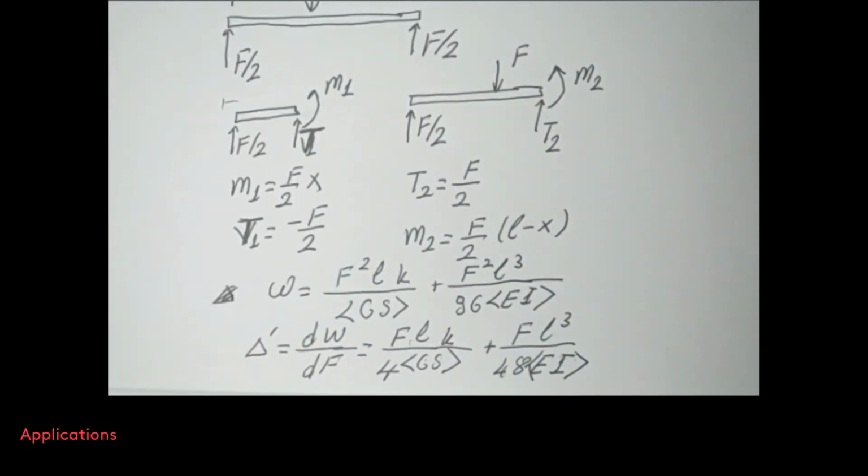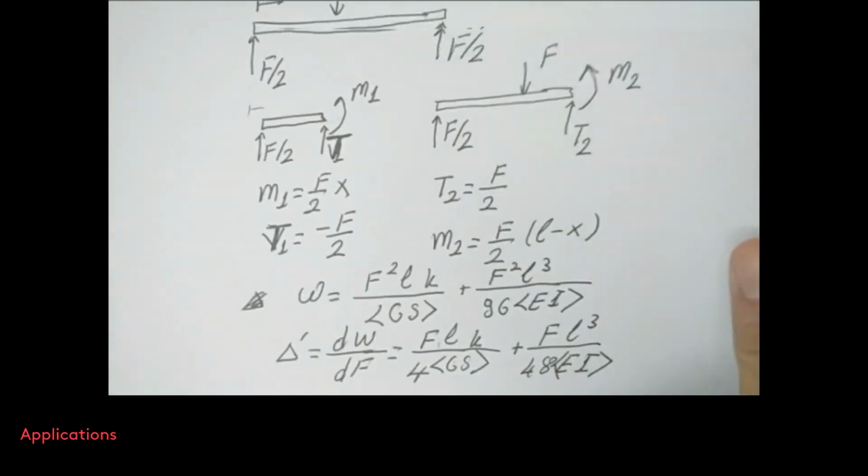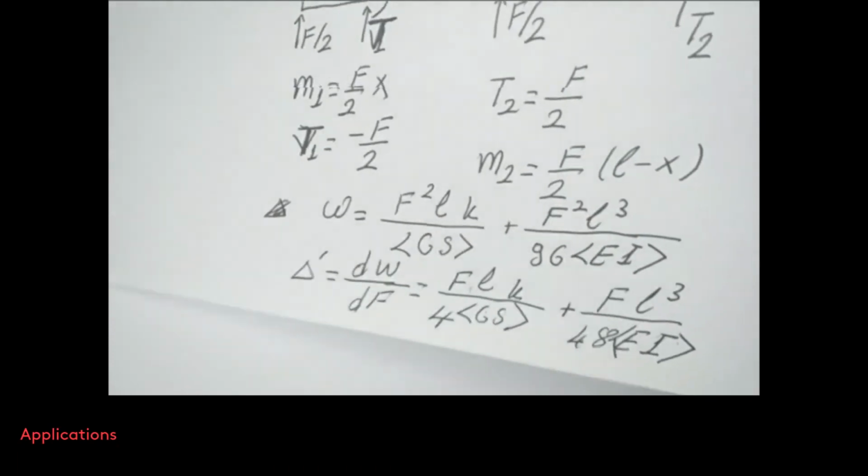Now if you put the values, what you're going to get is basically delta prime